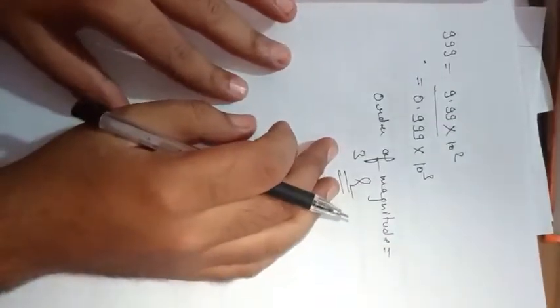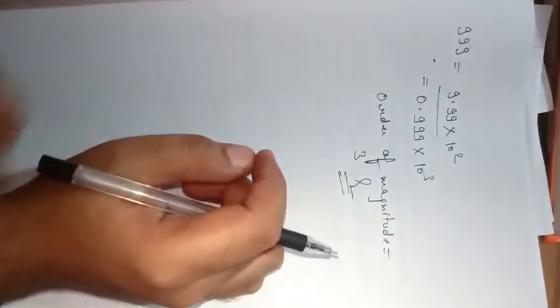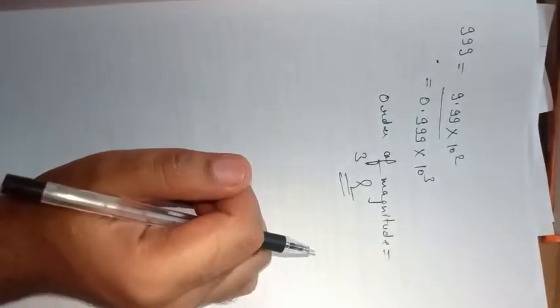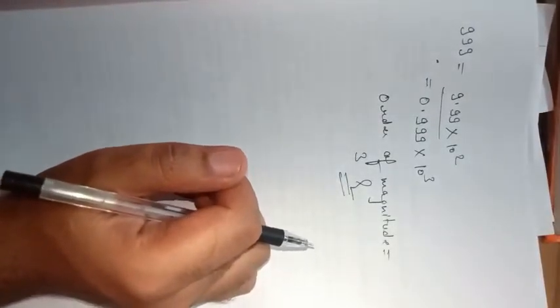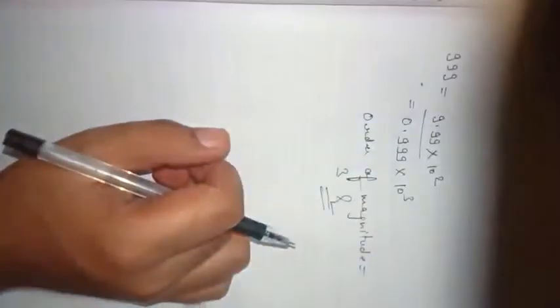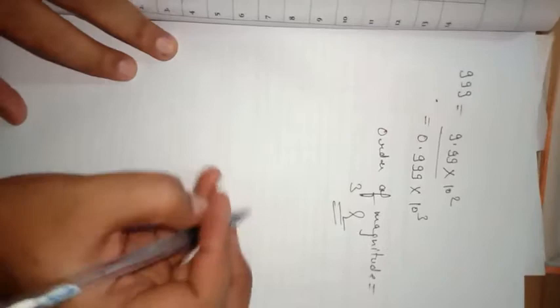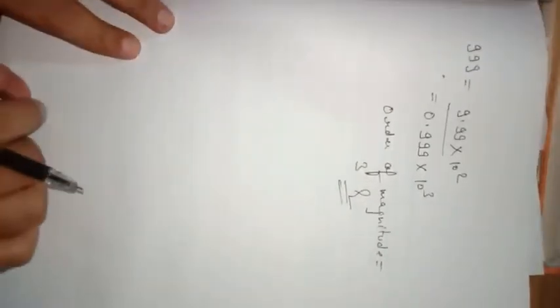Good evening, students. So in our previous lecture we were discussing measurement of length, mass and time, and order of magnitude I already have explained to you. Now students, we are going to go a little further and we will discuss a few more topics of this chapter. So now we will discuss measurement of length. Order of magnitude was clear to you.